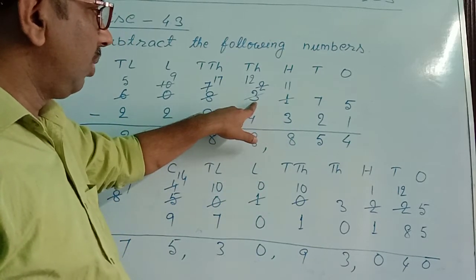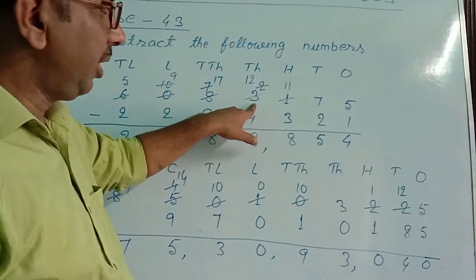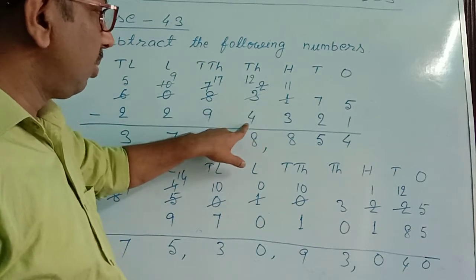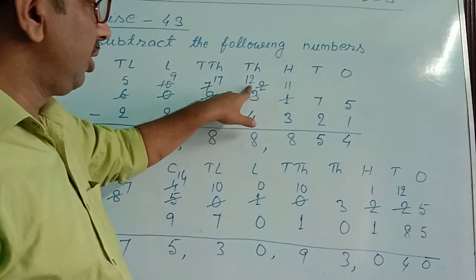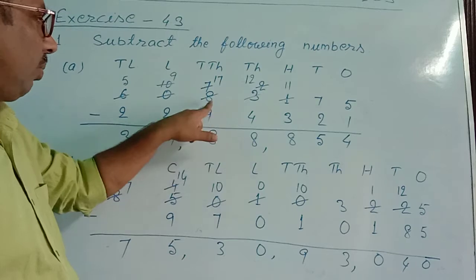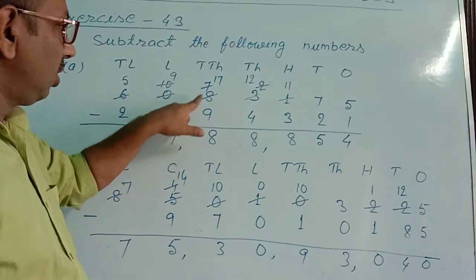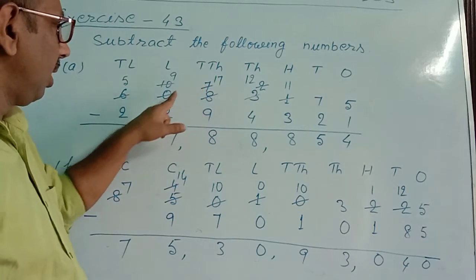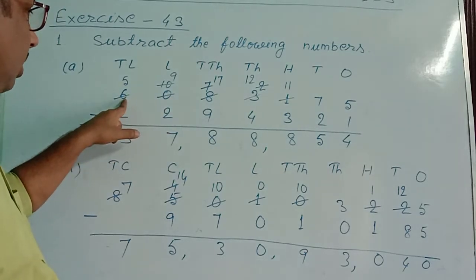And when you take 1, then you have 2 here, because you have taken 1 from 3. So 2 is left. And again, 2 minus 4 is not possible. So to make it greater, we will take 1 from here. Now it became 12. 12 minus 4, 8. When you take 1 from 8, then you have 7. And 7 minus 9, again it is not possible. So to make it greater than 9, we will take 1 from here. Here we cannot take 1 because here is 0. So we will take 1 from here.